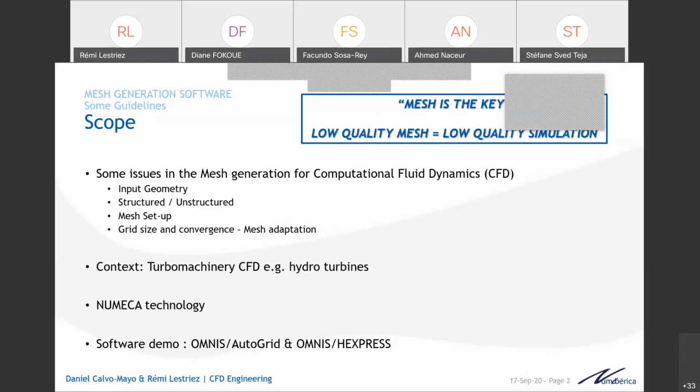And you should know that the context is, as presented, I told you, Christophe, I've been working in turbo machinery CFD, and in particular in the hydro turbines. And I've been working for NumIbérica mainly. I've used also some other software, but mainly NumIbérica. So I'm going to talk about NumIbérica technology. And at the end of the presentation, Daniel will do a demo of our last version of our Omni software and of the two mesh generators, AutoGrid